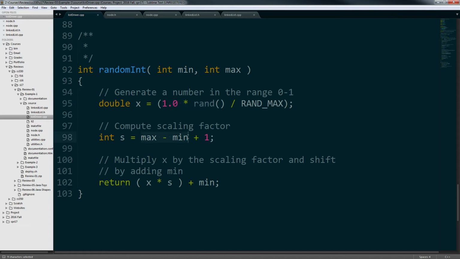I then take the max and min values, in our case 10 minus negative 10, which gives me a value of 20. I add 1 to get a value of 21, and that is my scaling factor. So I'm going to take that number between 0 and 1 and multiply it by 21 in this case, which is what you see here. Take the random floating point value between 0 and 1 I generated, multiply it by my scaling factor, which is 21, and offset that by the minimum, meaning